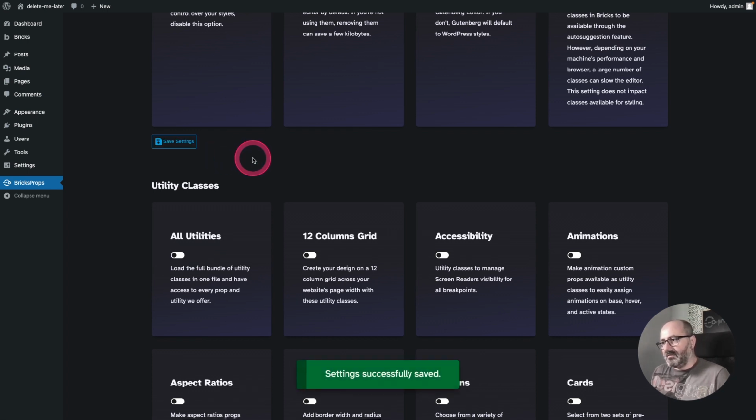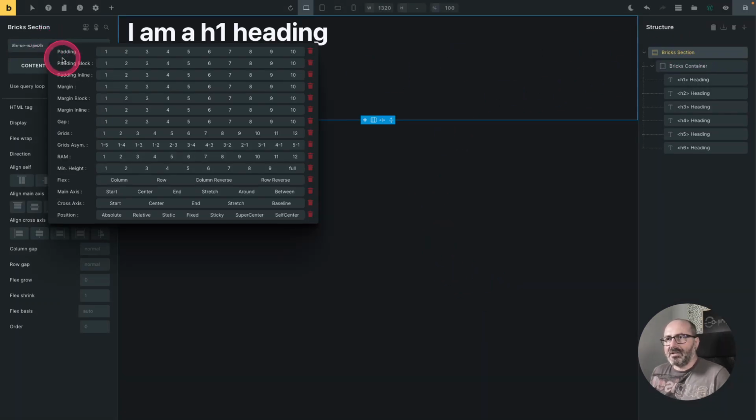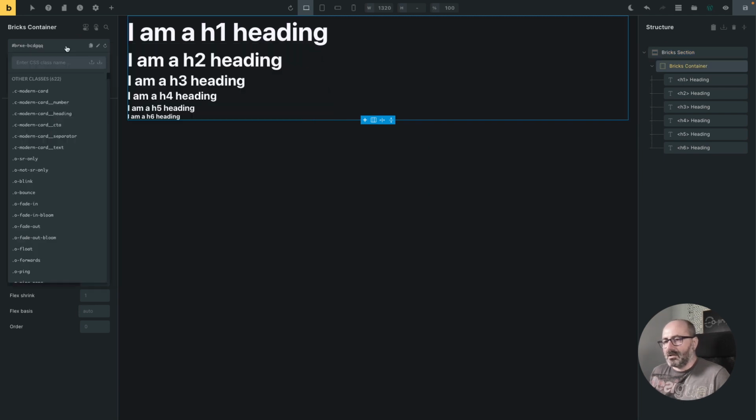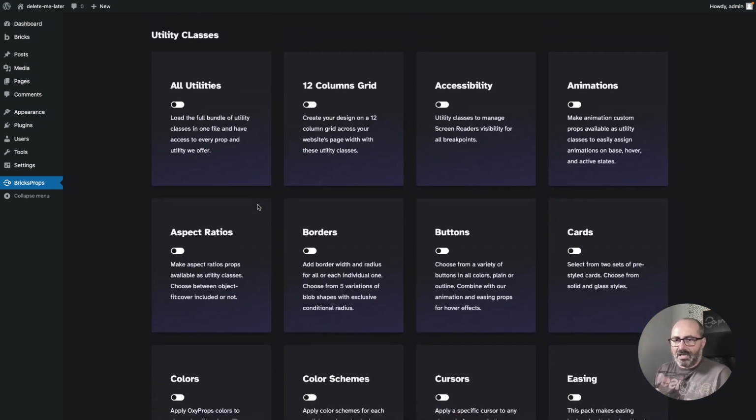For example, if I save and come to my editor and I try to add a padding block class to my section, it has no effect, even if I still have my class names preloaded in Bricks. But these are only names. The class definitions come from the style sheet, and I said that I want to load no utility class style sheet. Okay, so now if I want to keep my framework light using CSS properties, but only specific utility classes,